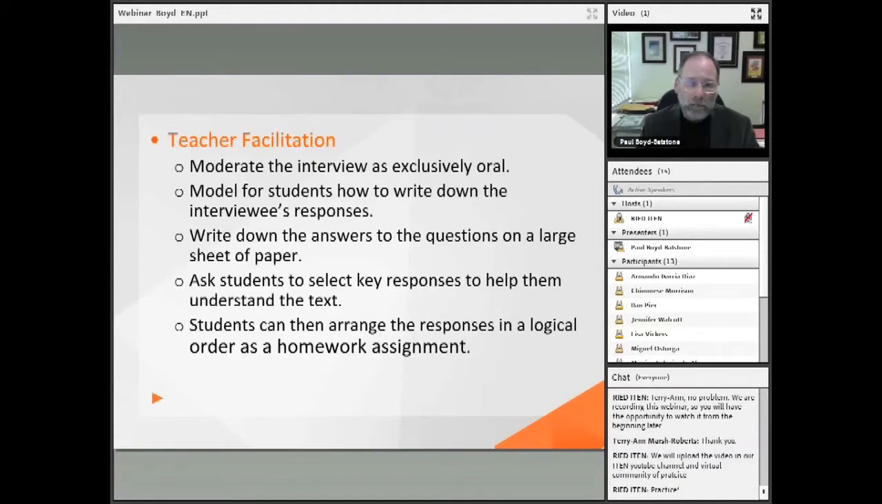At that point, you ask the students to say, okay, let's look back at what we've got written down here. What are the key ideas that help us understand this text? And if it's written on a large sheet of paper, it's nice to pull out a different colored pen and circle those key ideas. And then you can ask students to say, now that we've been through this discussion, and you've taken notes on this as well,